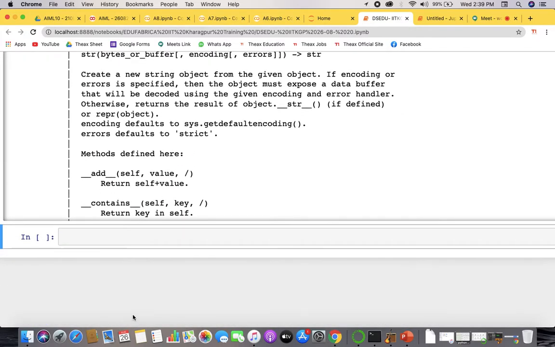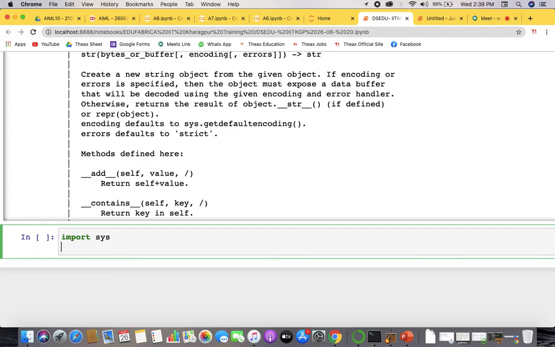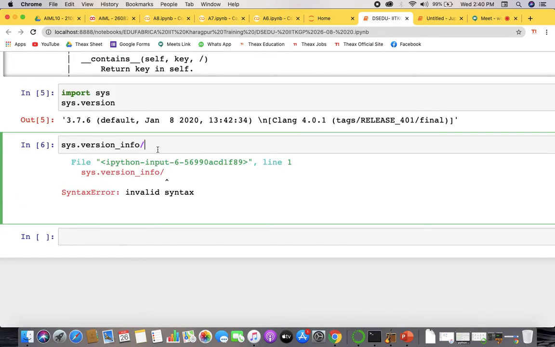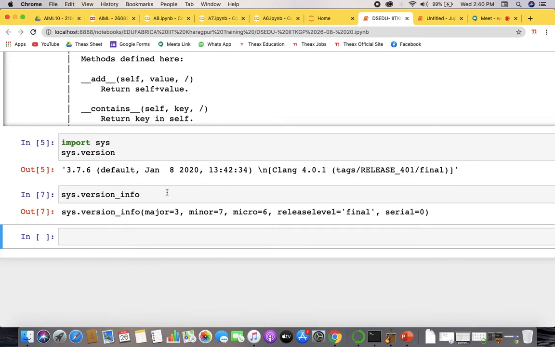Many students have doubts on that too. You can do it like this: import sys and then check sys.version. You'll get the version. If you want more information about this version, you can use sys.version_info.